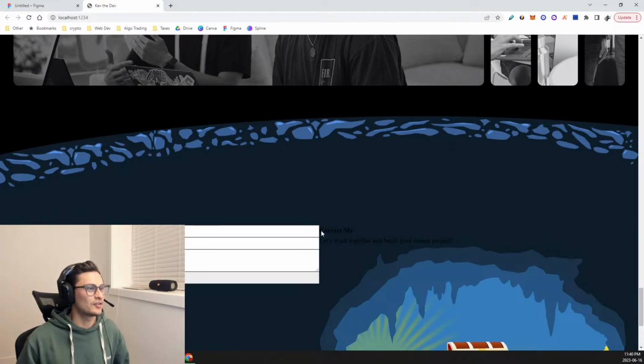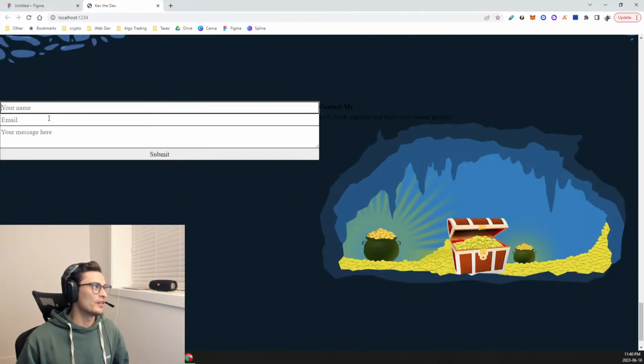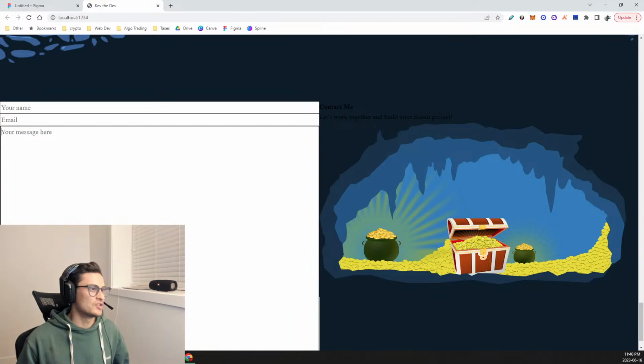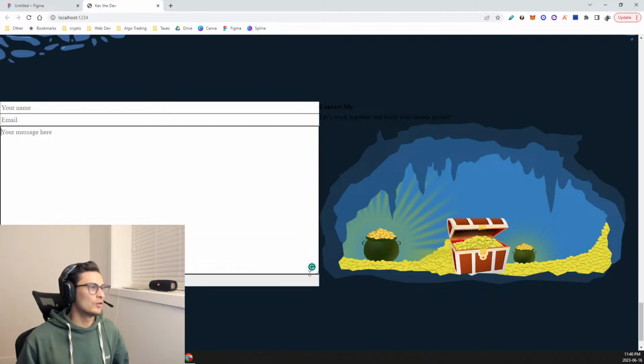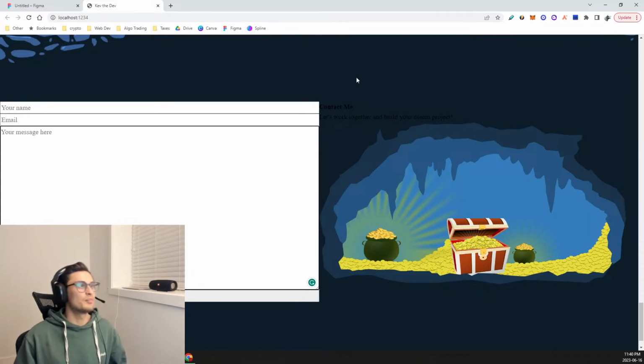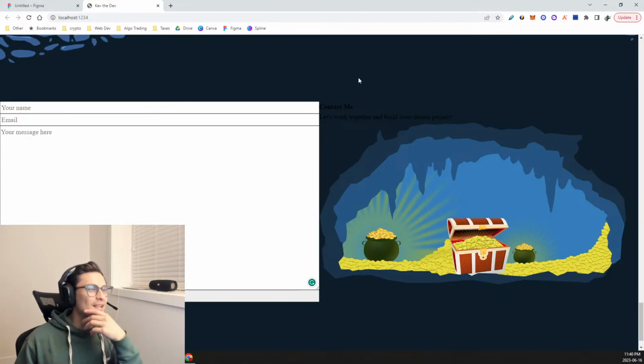So we've got a heading, a paragraph, and then we've got the first name, email, and a message that people can type in. This box is editable, or flexible in terms of size, and we've got a submit button here. We won't be adding in the backend JavaScript work to send this particular message to my email,